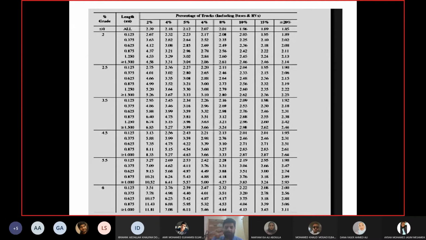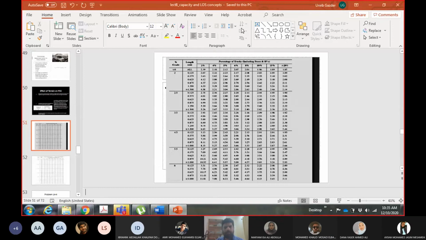I'm leaving the other direction to you. The change will be from FHV. You will take EHV as 1.96 for the downward gradient. So your heavy vehicle adjustment factor will change, VP will change, and then your density will change. I think speed may remain the same, but you can check.